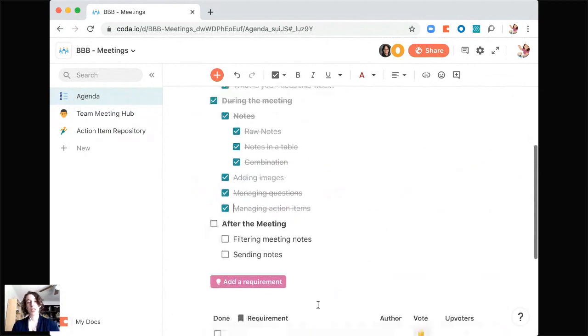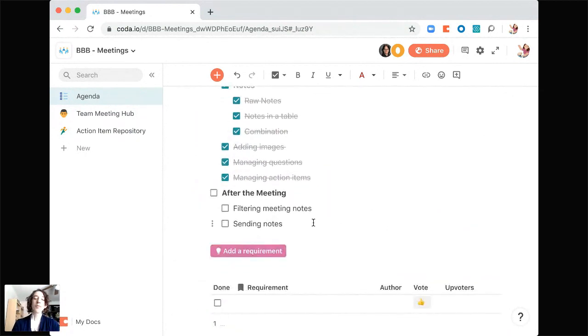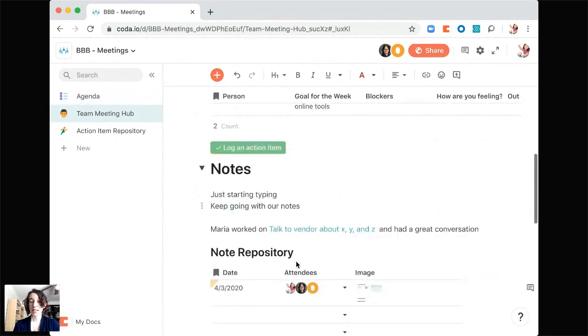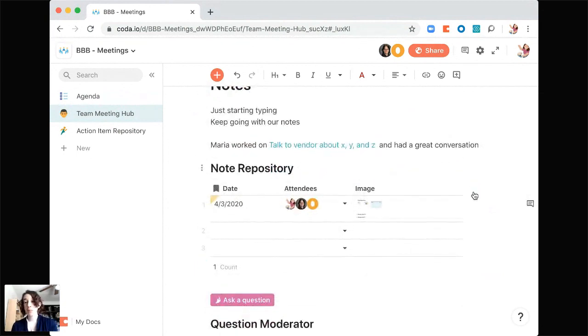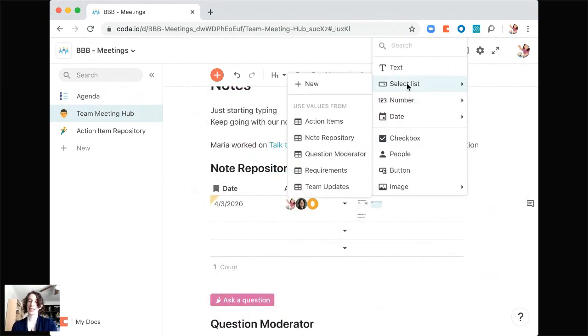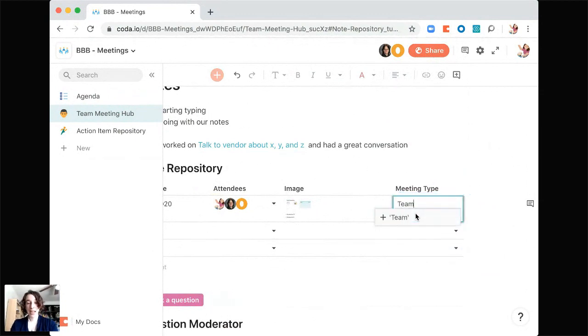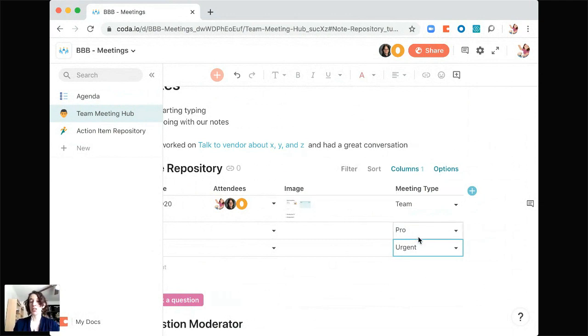So now what we want to do is think about after the meeting. So we've already taken a look at filtering and how you can do some of that filtering to see exactly what you want to see. You can do the same thing with your meeting notes. So if you're working in a table, you could include the meeting type if you wanted to. So maybe we want to include a select list, make it a new one. We'll call it meeting type. And this could be like a team meeting, or we could have a project meeting or urgent, whatever it is, just like that. And then we could add a filter here as well, where we want to just see certain